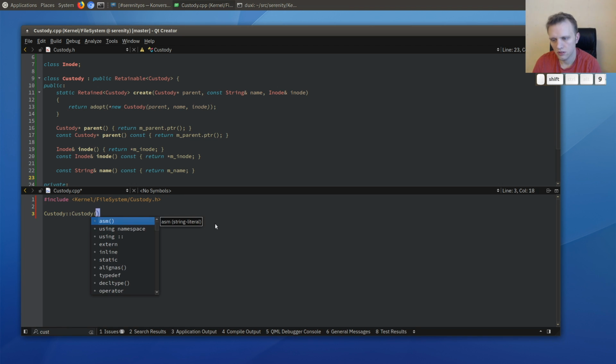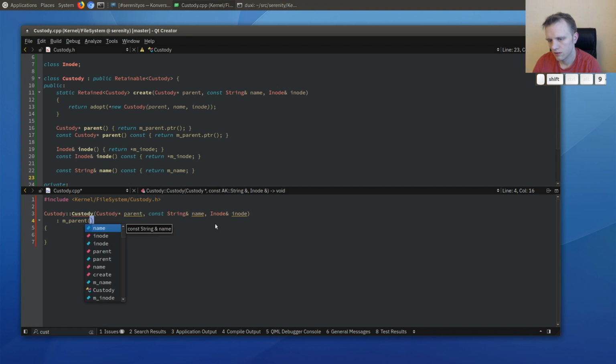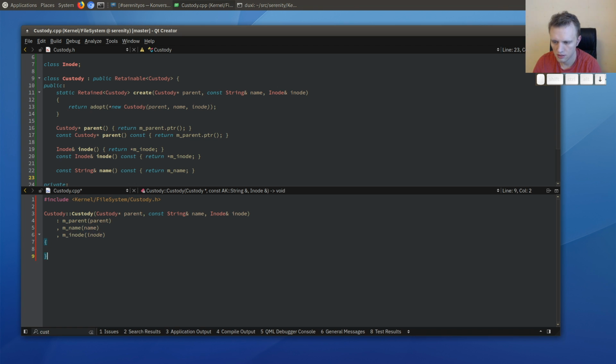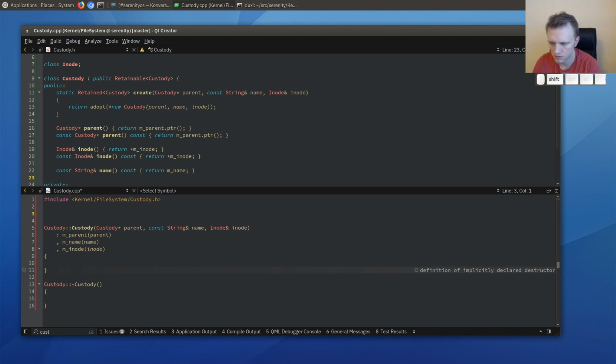Custody. Parent name and inode. Parent name inode exciting. And you can just do, I mean, should do something here. So let's do that global thing I was talking about. So let's call it,